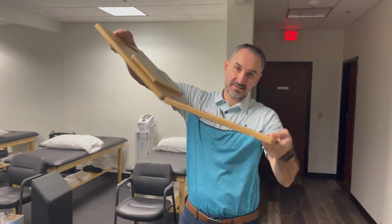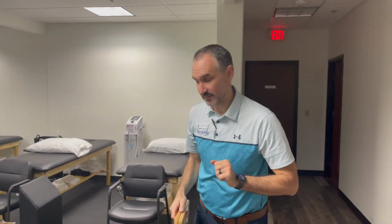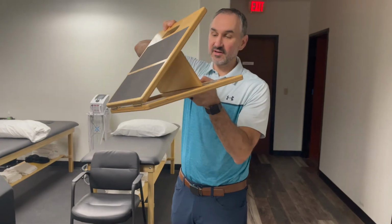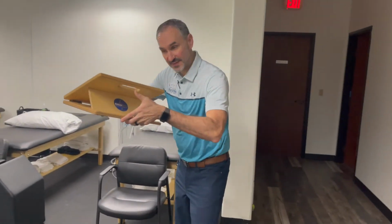If you've just had tibial lengthening surgery, the number one piece of equipment that you need is this. It's called a slant board, okay? And let me show you why you need this. So how this board works is, open it up and you have a slant. You can go higher or you can go kind of in the lower slot, okay? You put this down on the ground,